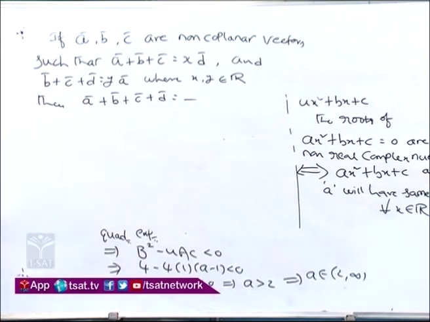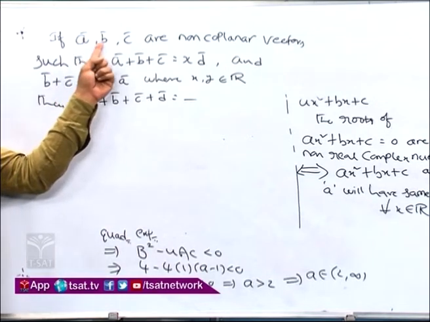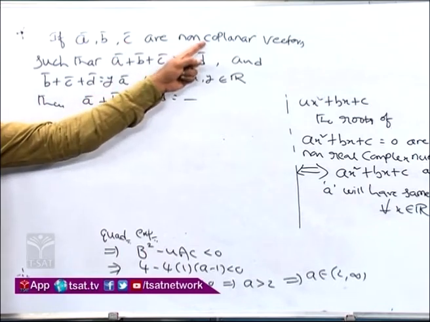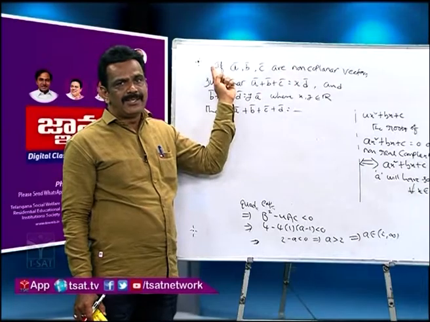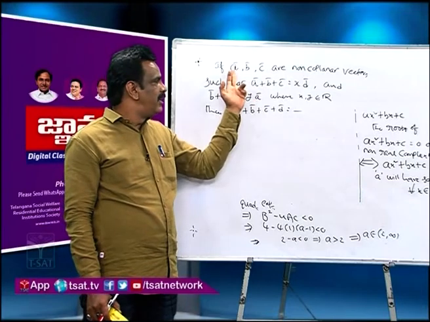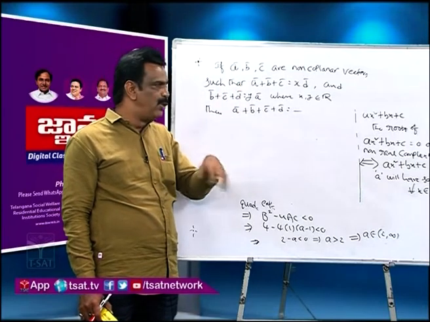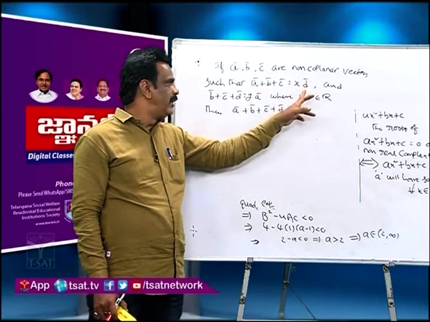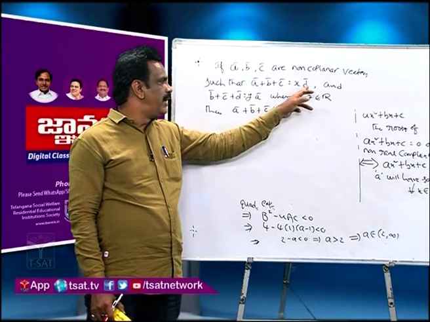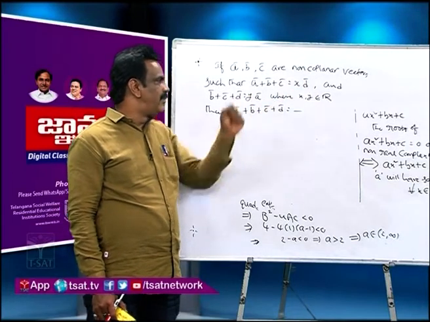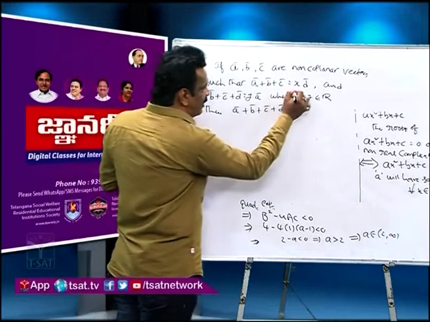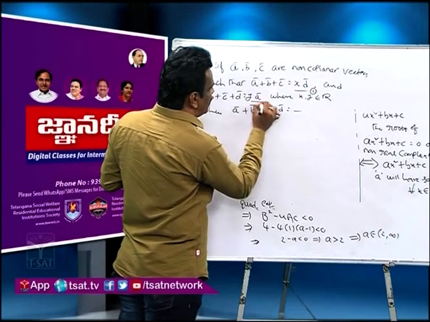Once again you see here, we know A bar, B bar, C bar are non-coplanar. As they are non-coplanar, they come as linearly independent. As A, B, C are linearly independent, and we don't know anything regarding the vector D bar, we must eliminate the D bar vector between these two, and hence by taking this as the first equation and this as the second equation,